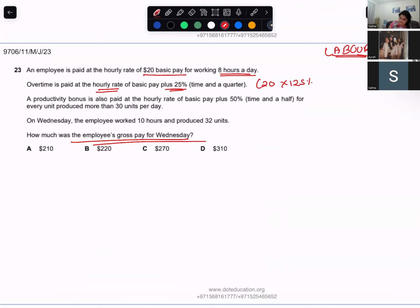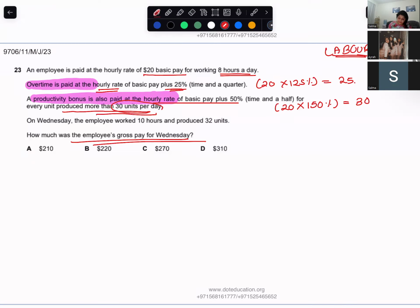$20 into 125%. So overtime is how much? 25. Then a productivity bonus is also paid at the hourly rate of basic pay plus 50% for every unit produced more than 30. So productivity pay is hourly rate into 150%. This is going to be paid for every unit that is produced more than